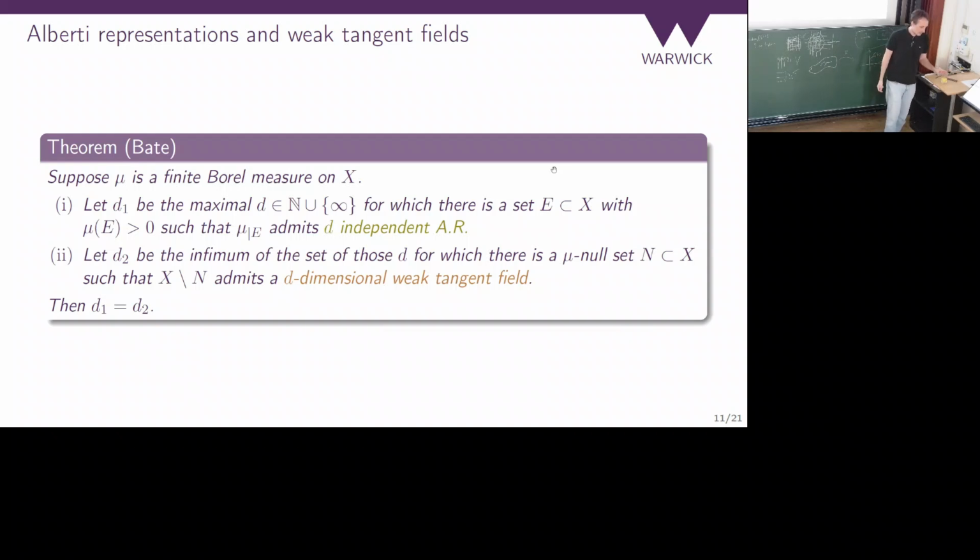So if we're working with a measure, kind of what we want to study is this, and if we assume that we have this, it is very simple to prove things. It is very difficult to prove that you have this. However, if you are working with a measure, it's generally quite easy to prove this. And then you can just throw away the null set and you get this. So that's kind of why it's easy to work with measures, because finding independent Alberti representations is somehow simple.